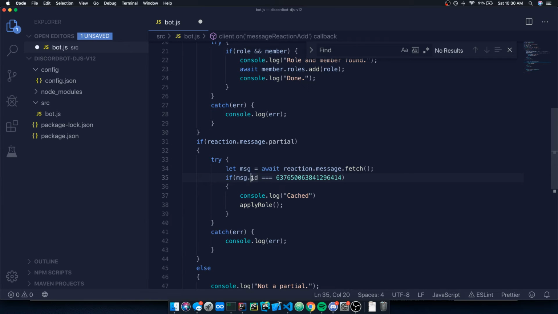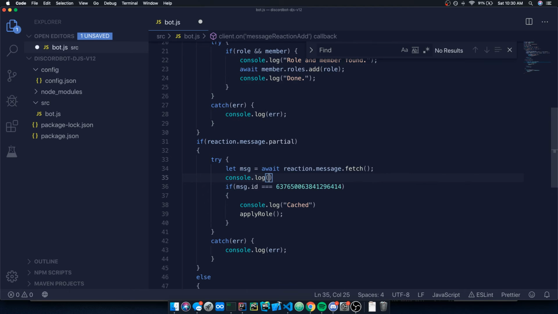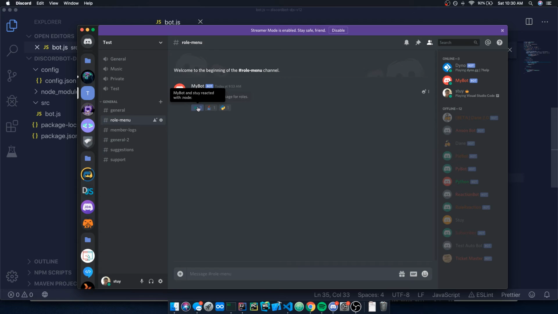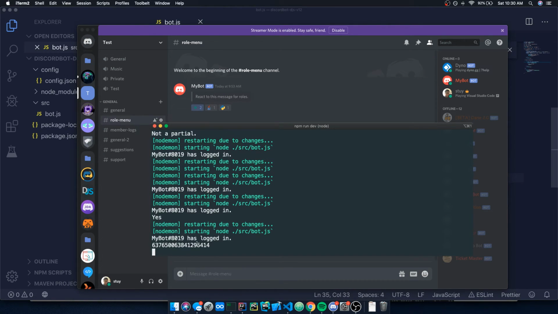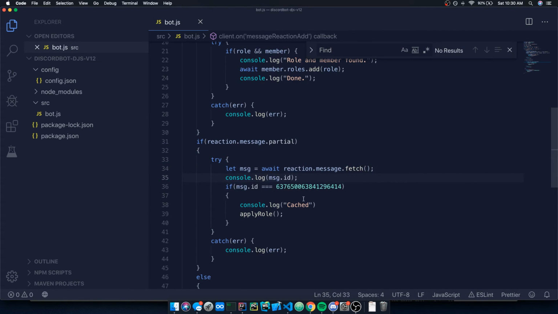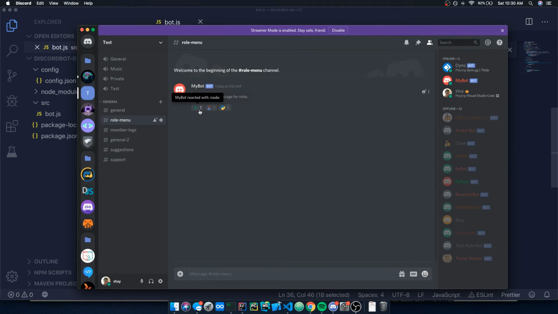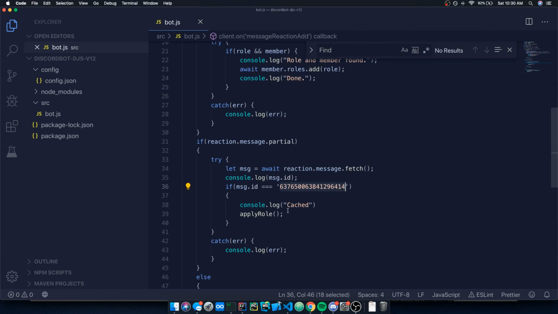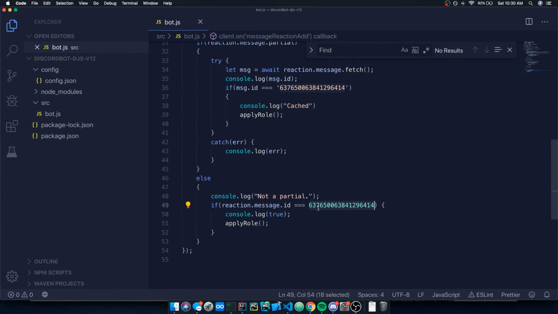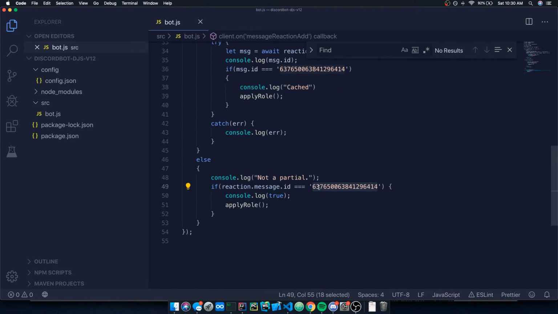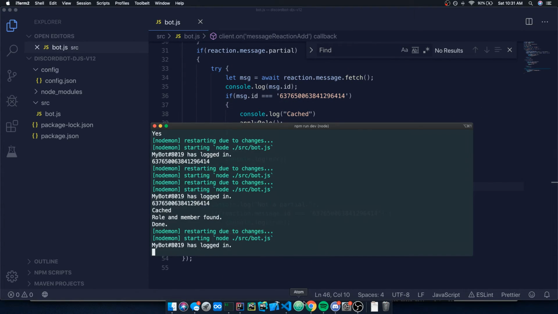Okay. So if message ID, what is the ID of this message? It should be the correct one. Well, I think it's a string, actually. I think it's a string. Yeah, my bad. I messed up. There we go. Yeah, it's supposed to be a string. Okay. There we go. So here we're just making sure that's the correct